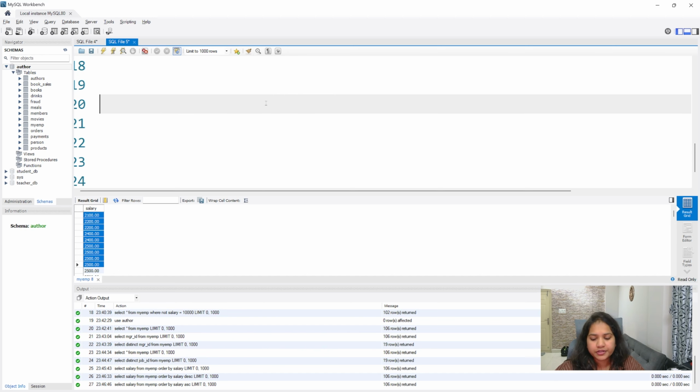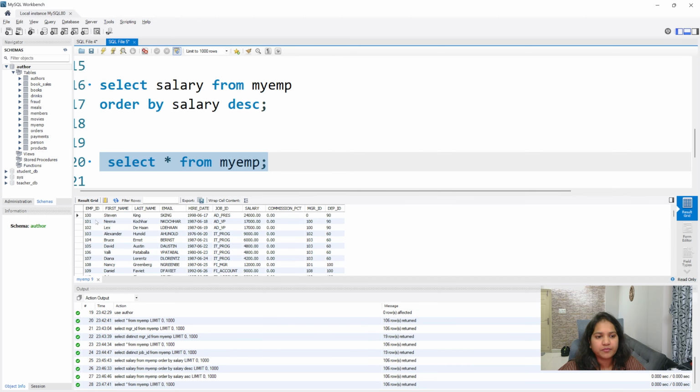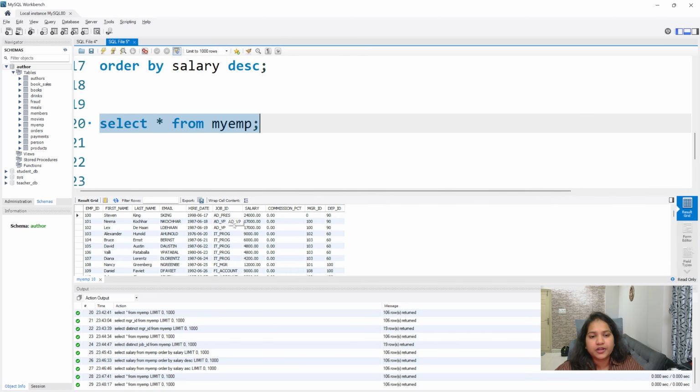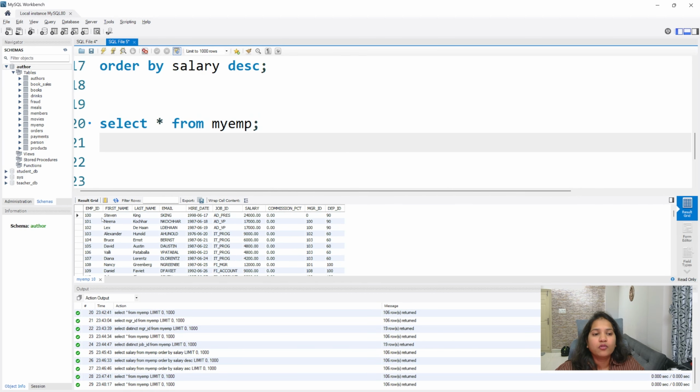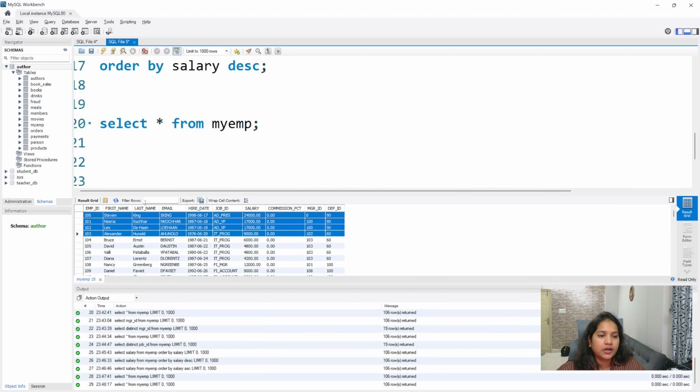Now let's go to the third important concept. Let's say you want to see the data in the table, but you just want to see sample data. If you run select star from my EMP, you will understand that this is the structure of the table. These are the columns. This is how the values look like. If you run this particular code, you will see all the records. I just ran this to see how the table looks like. I understood what columns I have and how they look.